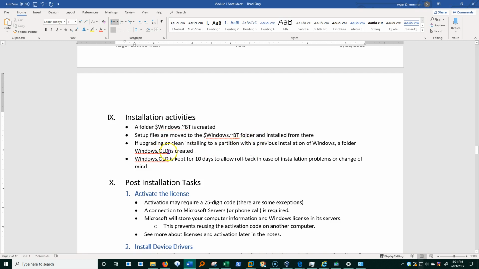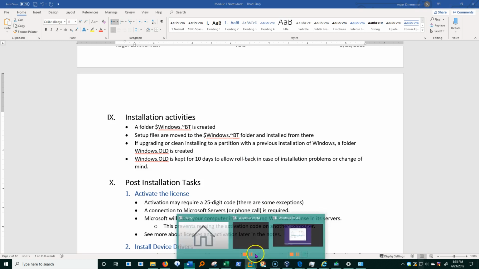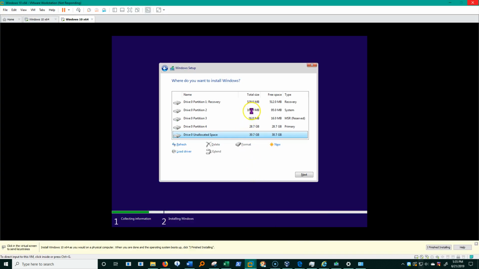At the same time, if you're doing an upgrade, then the old Windows operating system is kept in another folder called Windows.old. Also, if you're doing a clean install from a partition that already has Windows on it, the same thing will happen.